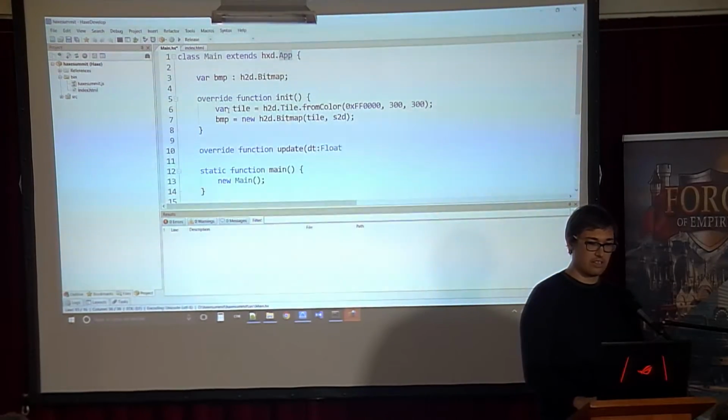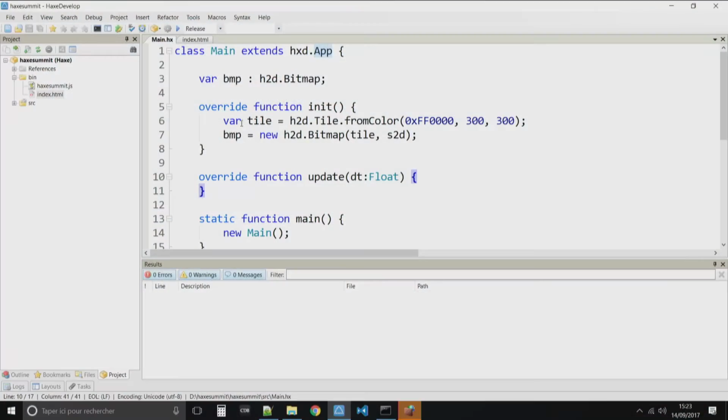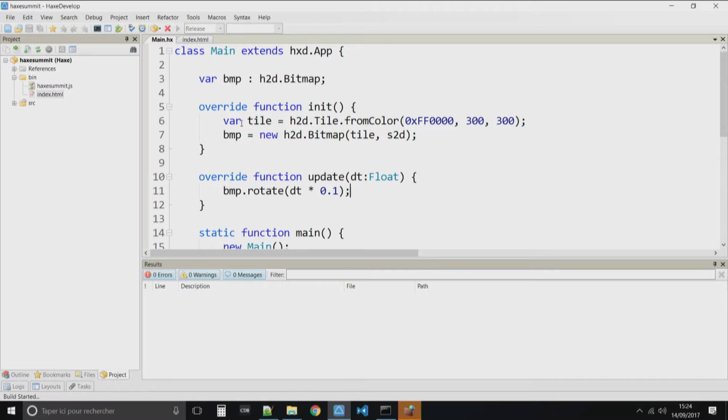Here you get a timing variable, which allows you, if you move things around, to have things moving. If you multiply by this dt, things will be moving at a constant speed, whatever the FPS the application is running on. So it helps you if you want to have precise timing, for instance if it's a slow computer and you have a lot of things showing. So here, for instance, I can rotate by dt multiplied by 1. So I just start rotating the bitmap, and you can see things start rotating. So it rotates, but using its top left